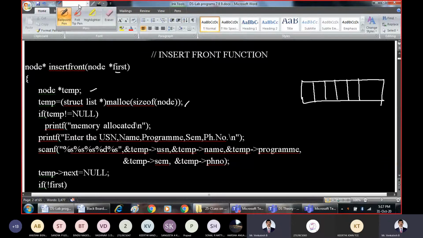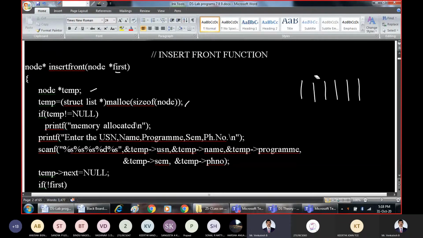This field is the 6th field. Right. So we have allocated a node. Which node is this? This is our temporary node.